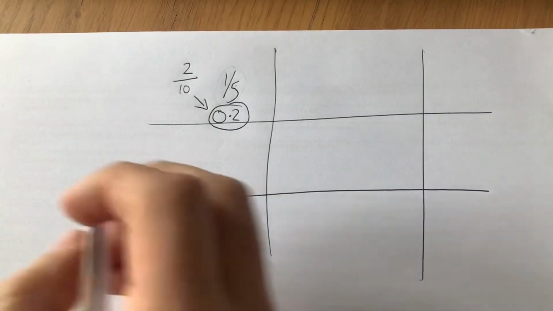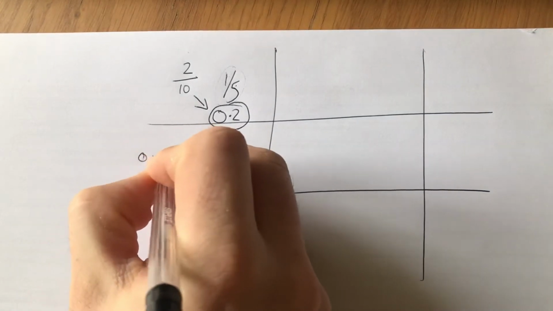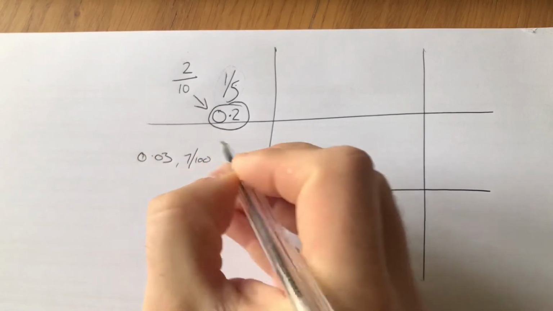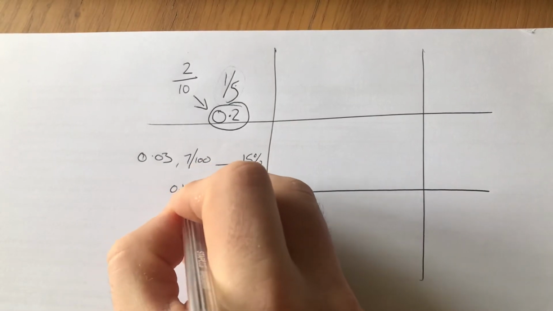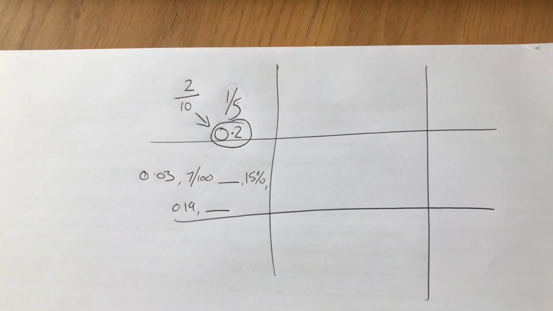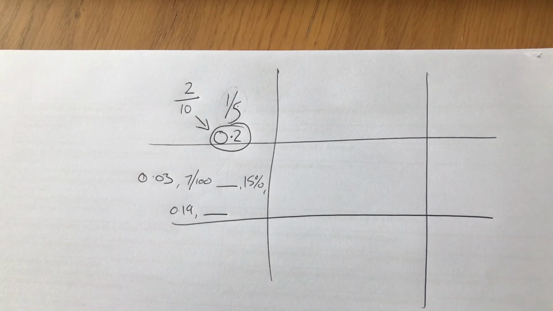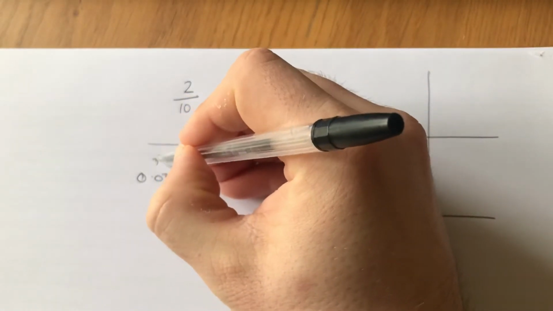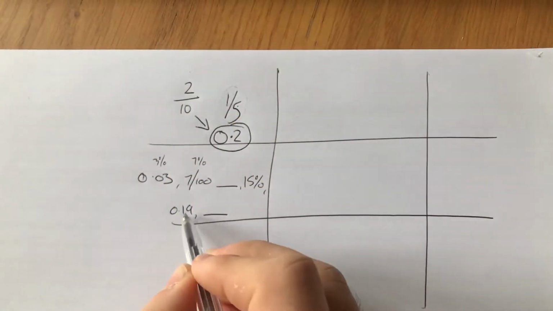Next one, finish the sequence. 0.03, 7/100, blank, 15%, 0.19 and another blank. Now, a couple of you in the class like to work with one thing. I do too. Decide, are you working with decimals, fractions, or percentages? I like working with percentages, so we know that 0.03 is going to be 3%, 7/100 is going to be 7%, we've already got 15, 19%, and